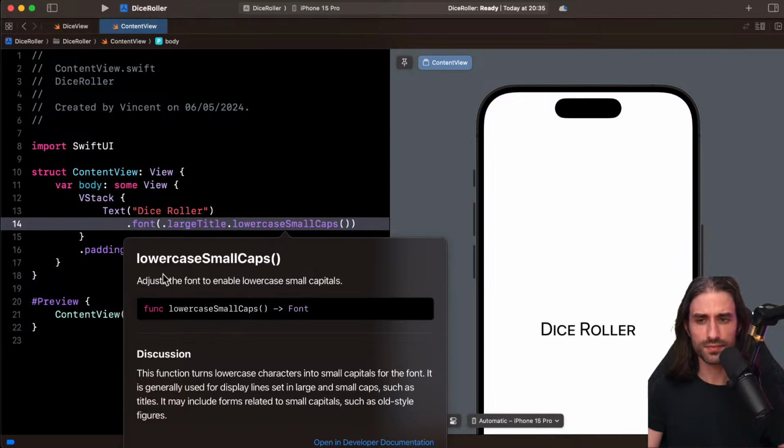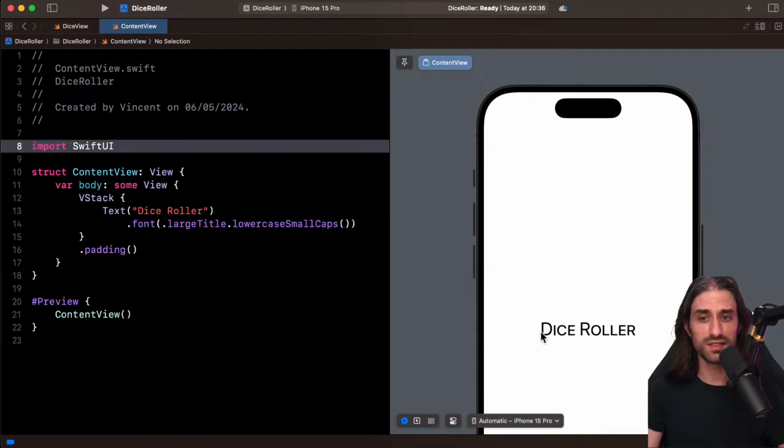What does it do? It adjusts the font to enable lowercase small capitals. So this function turns lowercase characters into small capitals for the font. It is generally used for display lines set in large and small caps, such as titles. It may include forms related to small capitals, such as old-style figures. So interesting, I didn't know that you could do this.